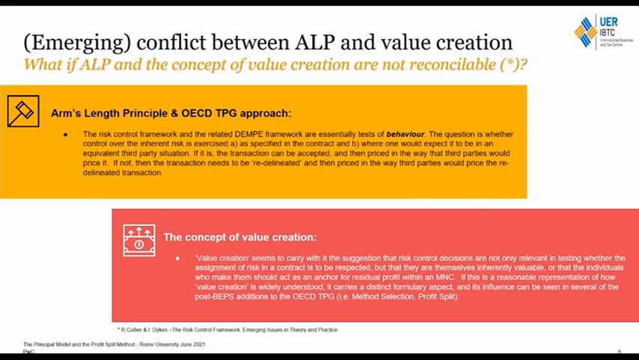However, if there is no alignment, then there can be a redelineation of the transaction. So that's how the arm's length principle and the OECD transfer pricing guidelines work. Now, the concept of value creation, if we bring that together with what I just said about the OECD approach, we have to think about what it means if the risk control decisions as such are also valuable. So value creation